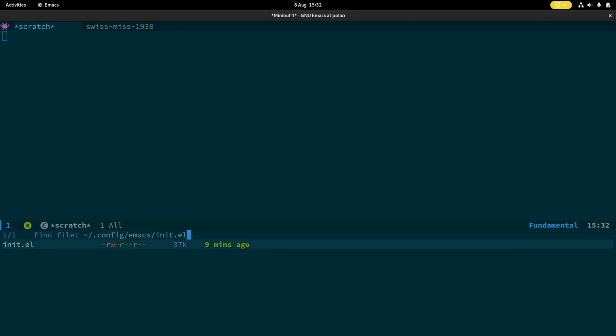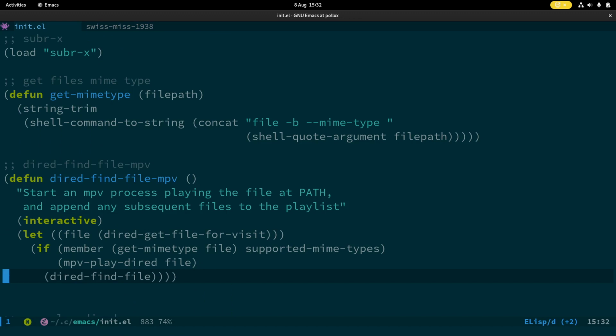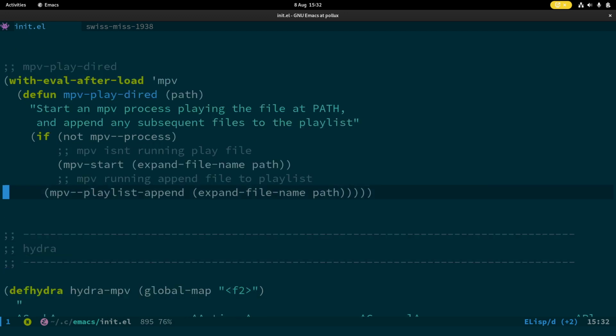config Emacs init.el? Okay. Okay, yeah, you've got play mpv, playlist append, expand file name, path. So what I'm wondering is, is there a way to modify this function, or create a new function like it, that will allow us to mark a load of files and give them to mpv? But what I think you'd need to do is, from the playlist, you'd have to chop off the first item of the playlist and then give it to mpv start,